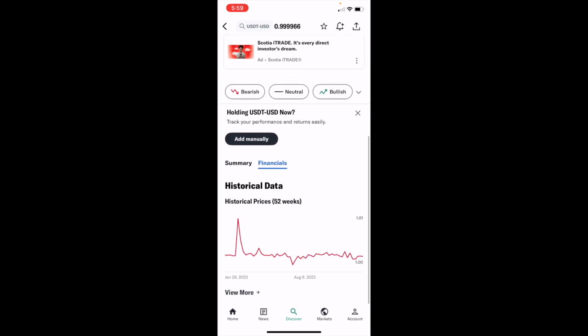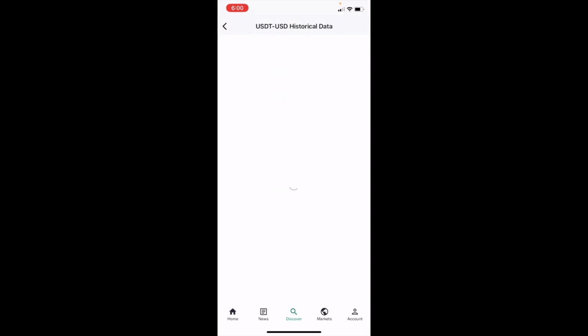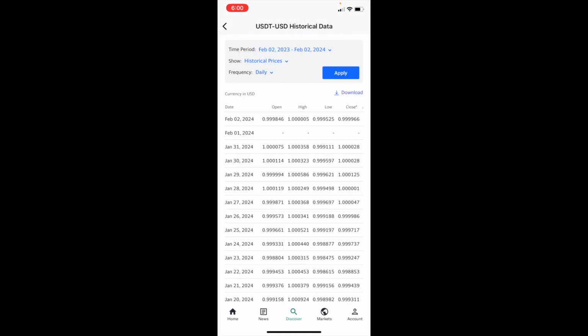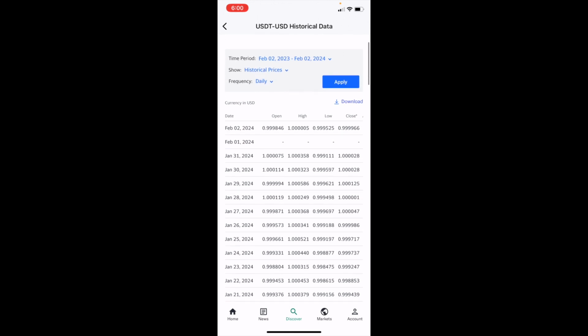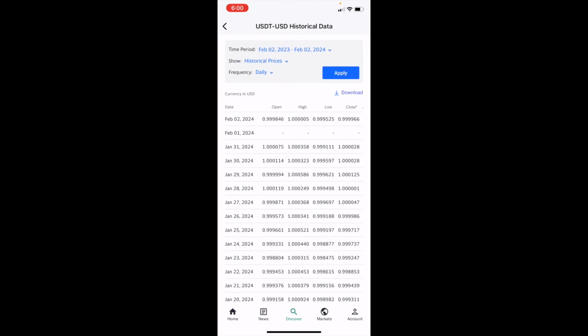blue. And now you can view the historical data for it, or you can also press on view more in the bottom left, and then view all the different financials in regards to this crypto and the historical data for it. So fairly straightforward, but this is how to view the financials of a cryptocurrency here on Yahoo